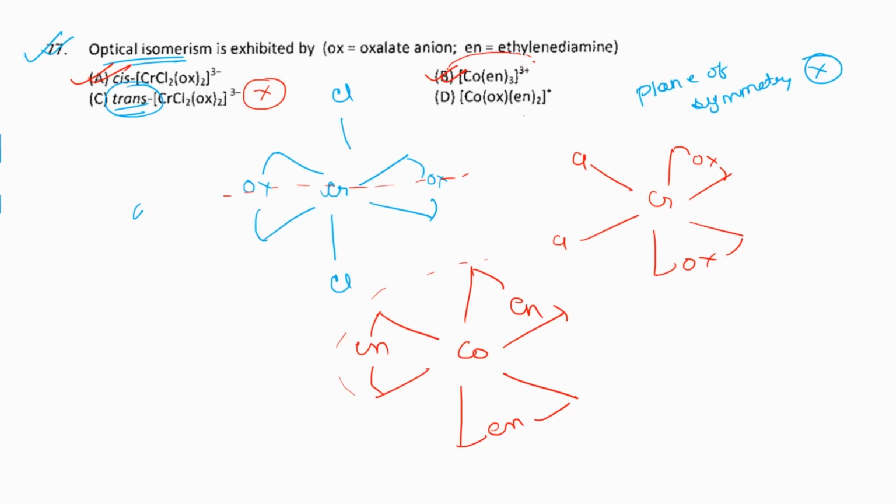Now just keep that in mind. Whenever you see this product, it's a very common compound which comes in your exams, whether it is JEE Mains or Advanced. It always is optically active, or shows optical isomerism. So whenever you see this product, don't draw the structure, just mark it. Up till now we have got two answers, A and B, and the last one is